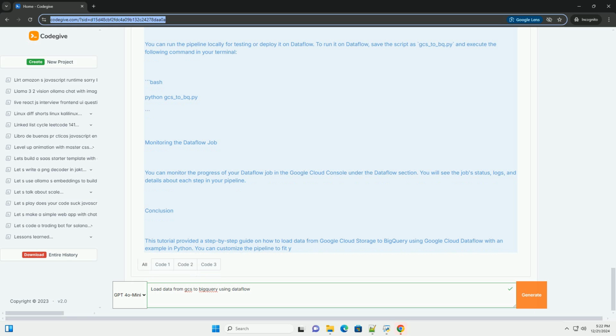Step 2. Create a Dataflow pipeline. Here is an example Python script to create a Dataflow pipeline that reads data from GCS and writes it to BigQuery. import apache_beam as beam. from apache_beam.io import ReadFromText, WriteToBigQuery. from apache_beam.options.pipeline_options import PipelineOptions. Define your pipeline options. options = PipelineOptions(flags=None,